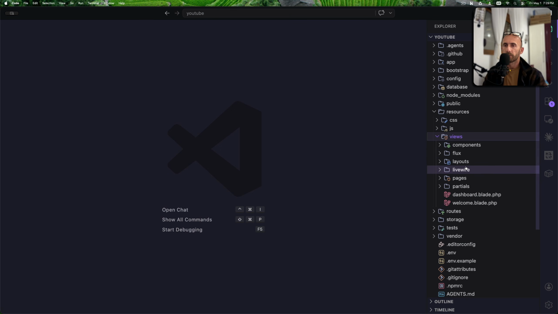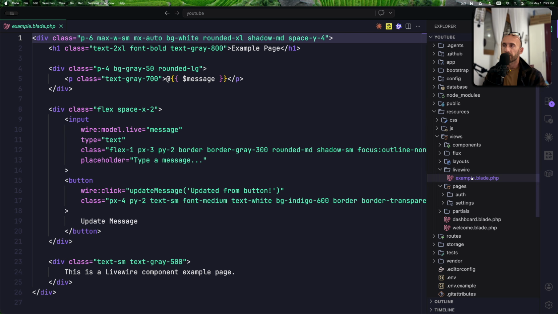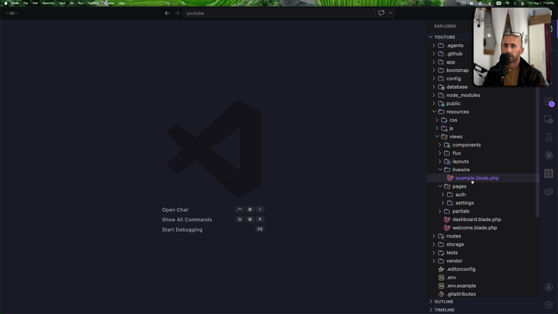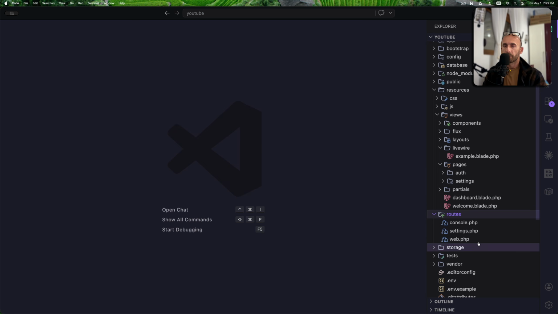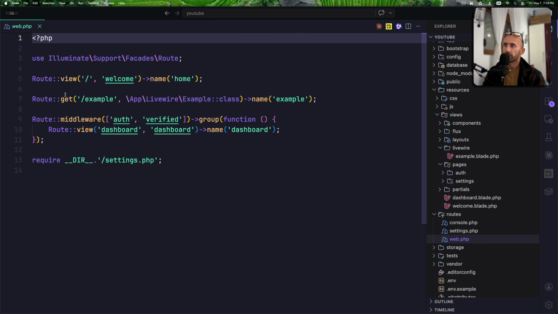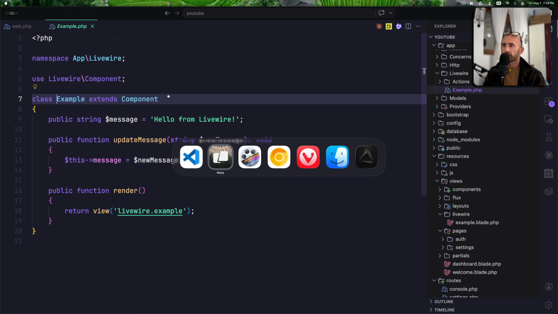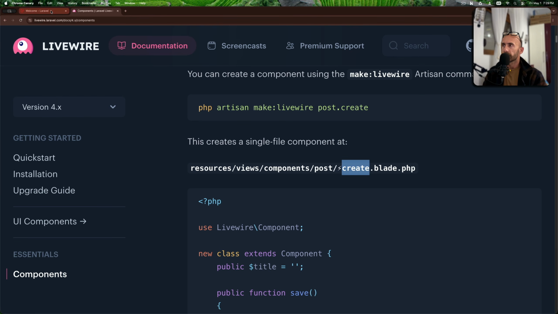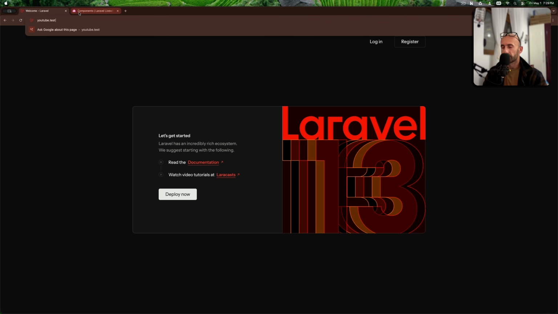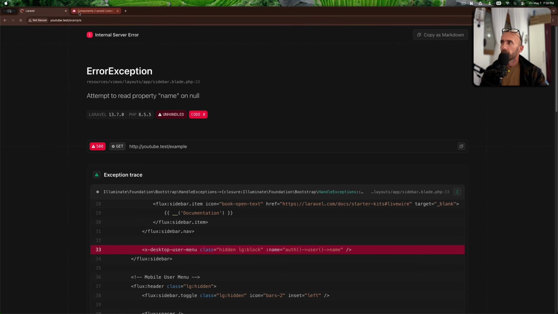Let's see the view. Inside the pages, we don't have it. We have the Livewire folder, and here we have the example. Okay, if I go to routes, here's the web. We have get example, and then we have this example class, which is okay, it's working. So if I navigate to /example, hit enter, yeah, attempt to read property name on null,